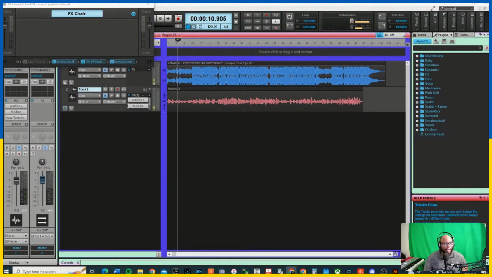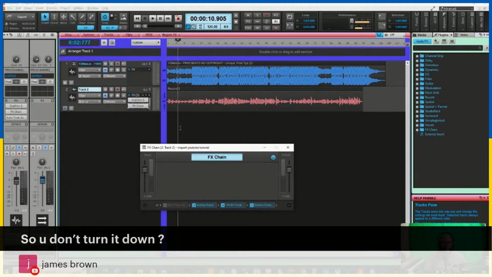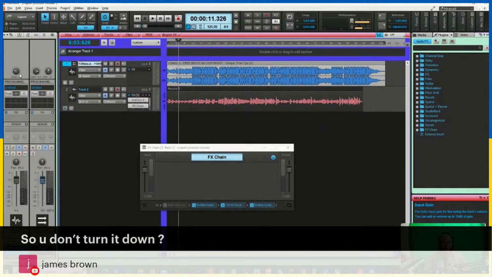So you don't turn it down. Don't turn what down? No, I don't want to turn the track down. If the track comes in too hot, what I did is I turned the gain down. I'm not gonna mess with the fader, so I turned the gain down some, and that's how I would go about doing it. I mean, you could turn the fader down, but this is where the track was originally at,